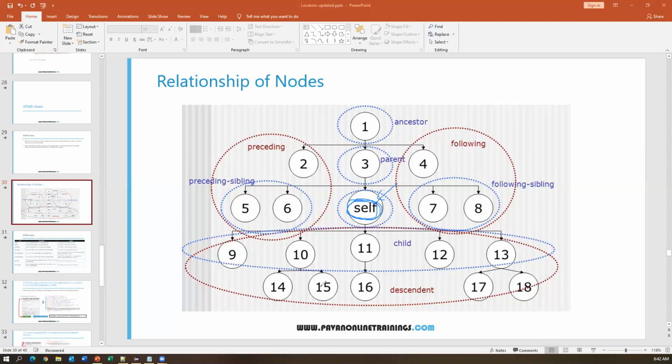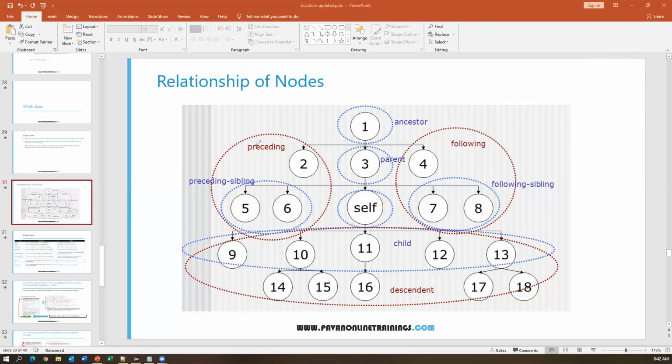Okay, parent, above the parent we have an ancestor, and for the self there is a child node, and below the child node whatever is there, they come under the descendants. It is very simple, guys. So this is a node I have. So this is a parent. On top of the parent, whatever we have, that is called an ancestor. And this is a node. And from this, whatever nodes we have, these are called child nodes. And in the child node, whatever node is following here, this is called a descendant. Okay. So these are the things: ancestor, parent, child, and descendants.